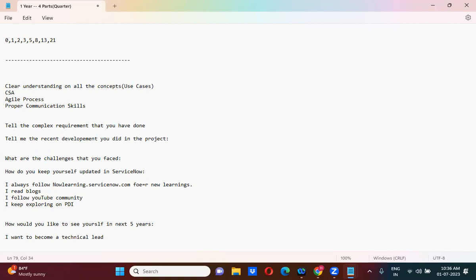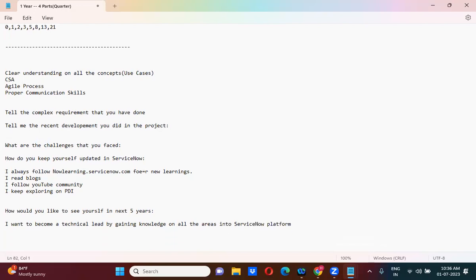So I want to become a technical lead by gaining knowledge on all the areas in the ServiceNow platform. Okay. So here the roles will be junior developer,